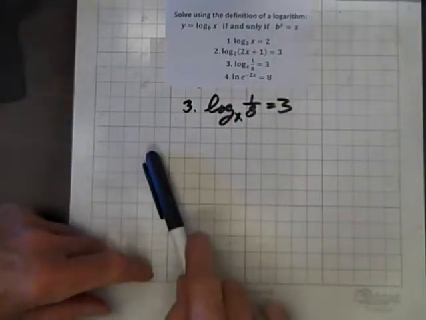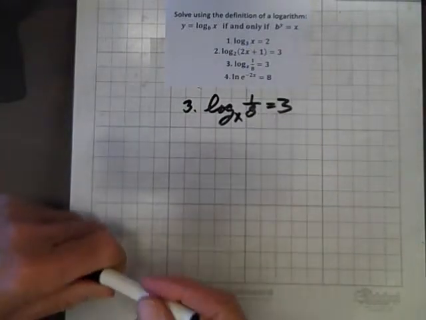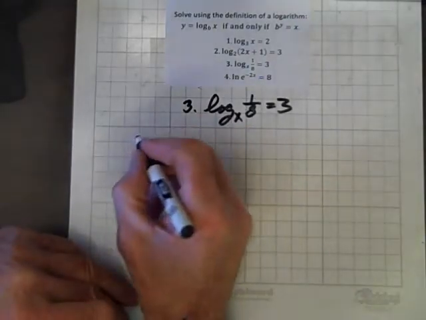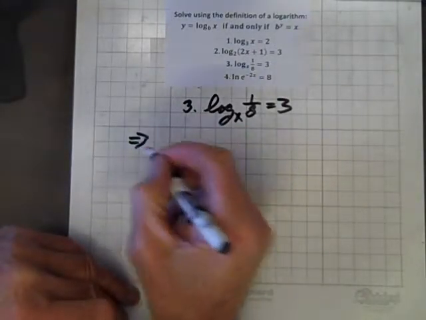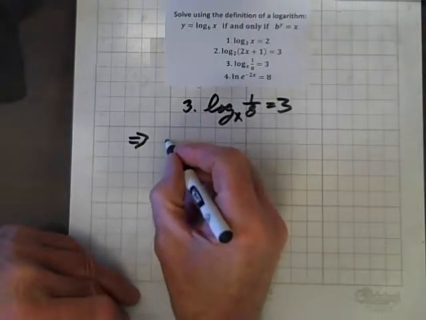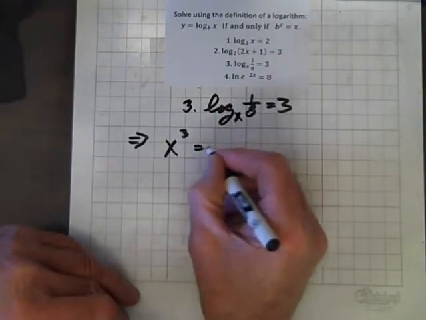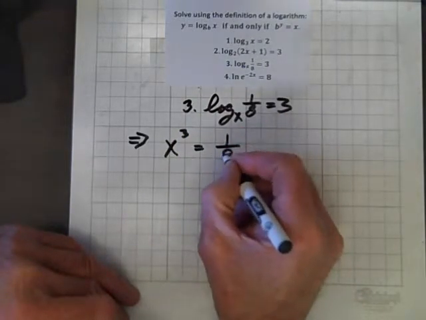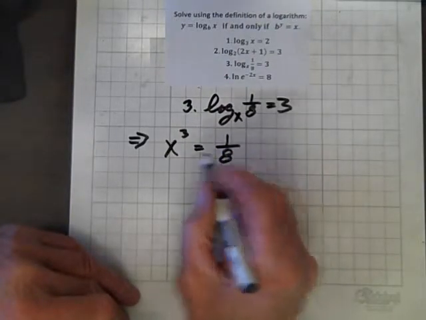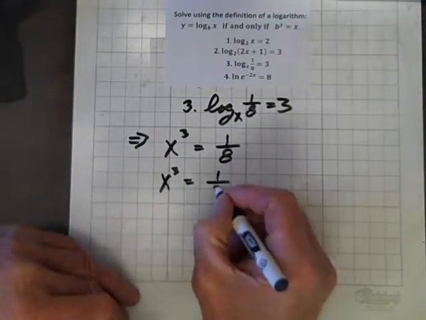Well, here we have log to the base x of 1/8 equals 3, so we'll employ the definition of a logarithm and rewrite this thing in terms of its exponential form. And so we have the base x raised to the 3rd power equals 1 over 8. And it turns out this is a perfect cube. So x to the 3rd power equals 1/2